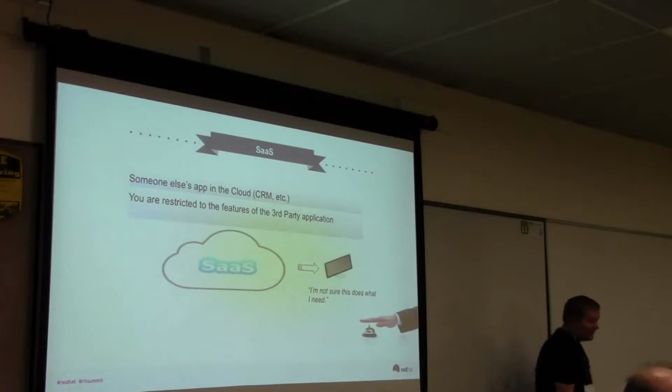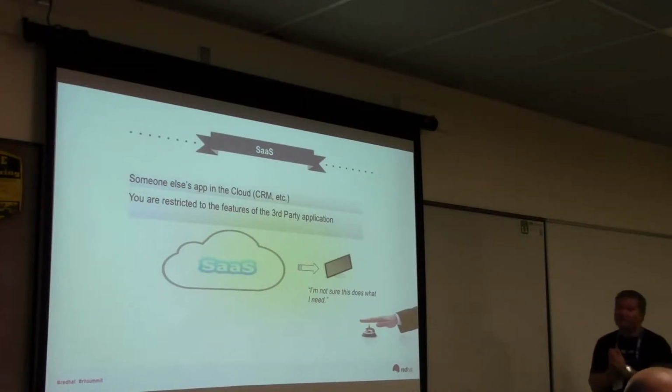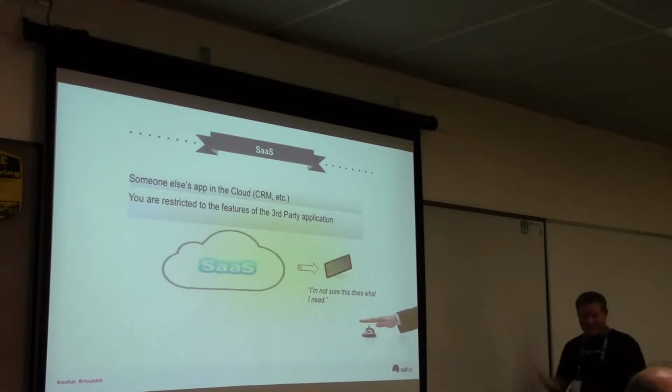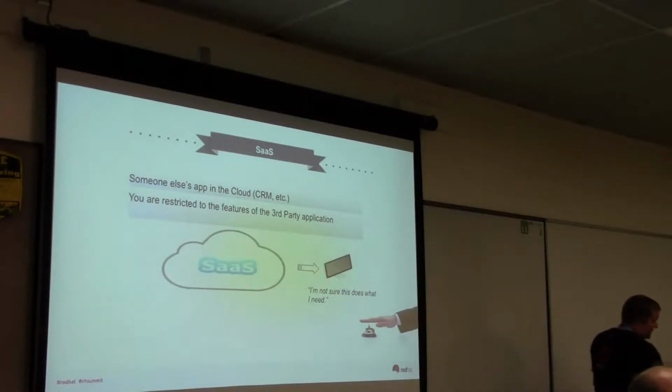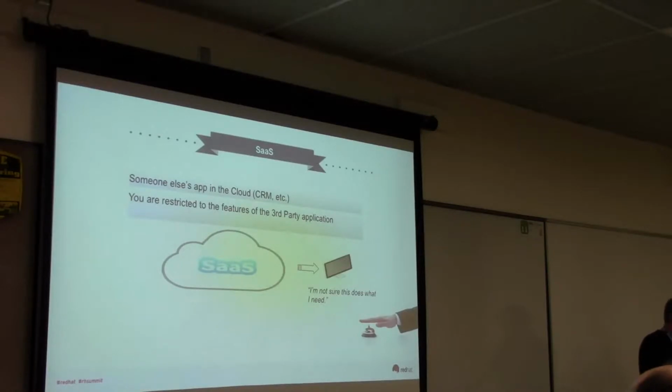So I do a lot of cloud computing talks at conferences and going into companies. And the first thing their admin team or their CIO tells me is we can never use the public cloud because we can't put our customer data in the public cloud. I'm like, okay, that's fair. What do you guys use for your sales automation tool? And they say Salesforce.com. I'm like, facepalm, right? Because everything is out in the public cloud if you're using Salesforce. All your financials, your forecasts, everything like that. So that's software as a service.